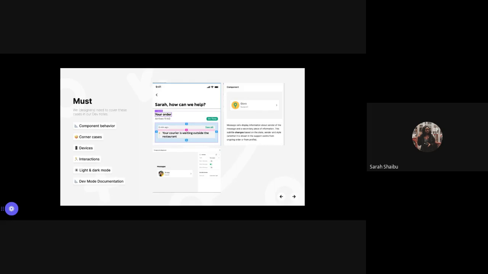Another must now, which is really, really new, is with Figma's dev mode documentation. So going back to collaborating and communicating with your developers, when Figma released dev mode, a lot of us designers were very excited about this because it enhanced our collaboration with developers to the next level. And so I sat down with my developers and explained to them how dev mode works and how it was going to be working in my Figma files moving forward.